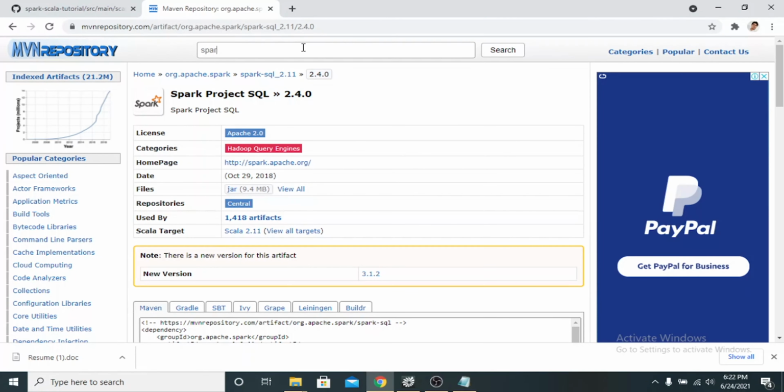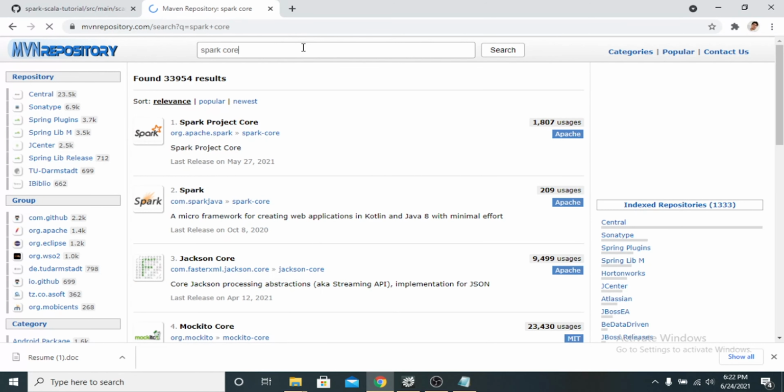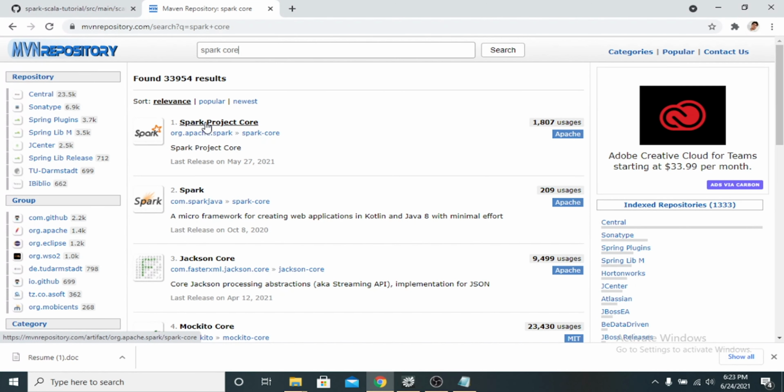Spark core is, you can say, the base on which all the functionality like Spark batch processing, Spark streaming, GraphX, and machine learning is built. That's why we need the Spark core library.